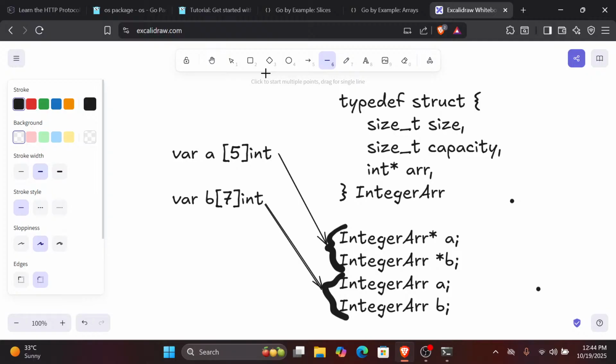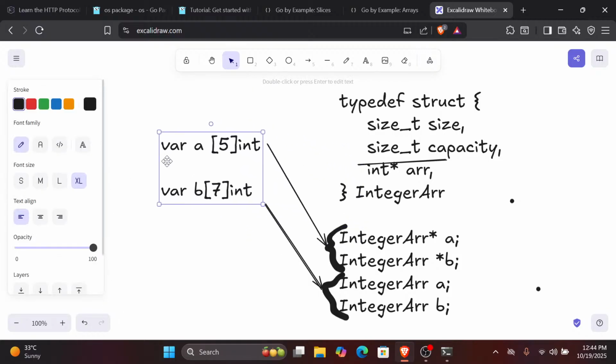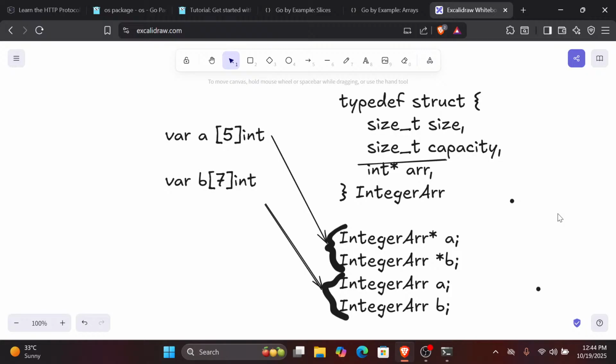You would maybe keep a ref count. I don't know. Go is garbage collected, right? So this guy would have a ref count or something. The ref count for A would be decremented, and then for B the